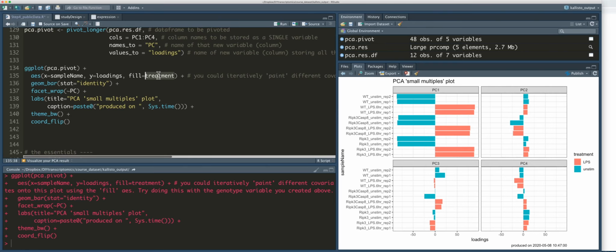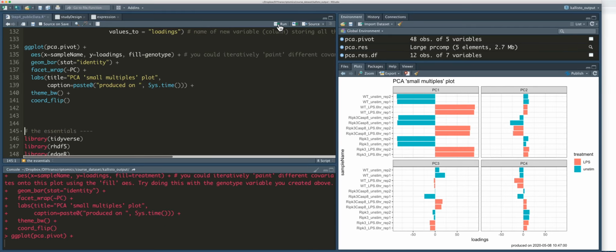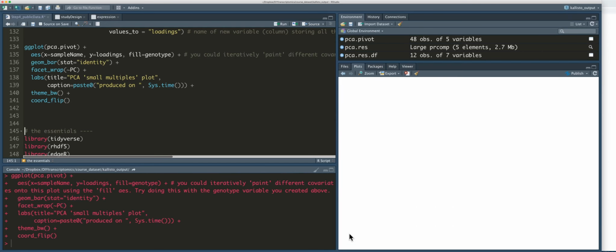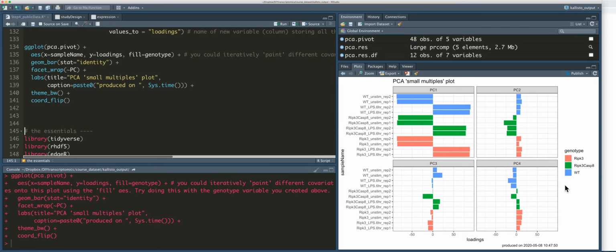So what about the other variable, genotype? Remember, we already saw that that accounts for PC2. Is there more there than just PC2? So we'll paint on a different color onto this small multiples plot. And we have 3 genotypes, so it gives us 3 colors. No relationship to PC1, but lo and behold, there's that PC2 separating RIPK3, which are weighing on PC2 in one direction, with RIPK3 and wild type in red and blue, respectively, sort of weighing more modestly, but in the other